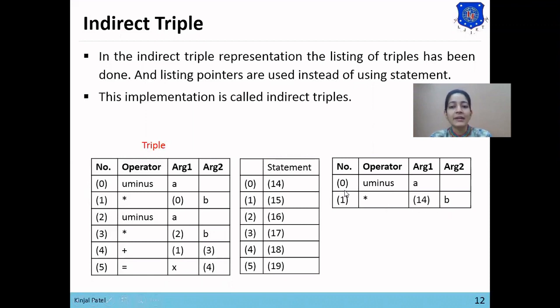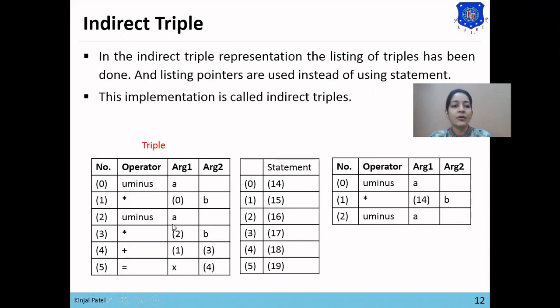So now if we remove this instruction, then the result of the 0 will be removed, but the result of minus A has been stored in pointer 14. So we can reference this 14 in any instruction and we can get the correct result. Now next we want to perform unary minus A. Same way, unary minus A is stored in position 2.